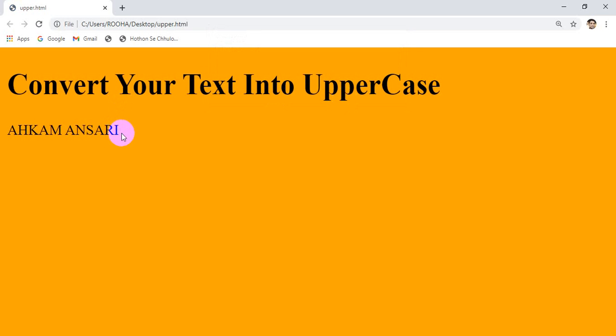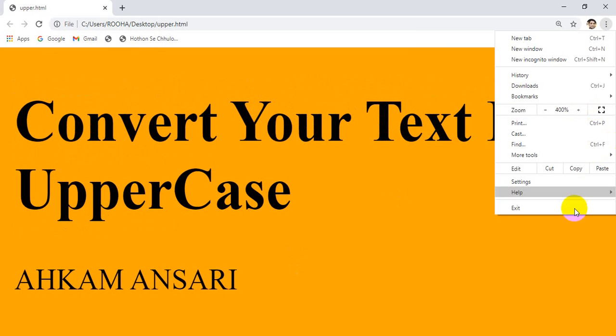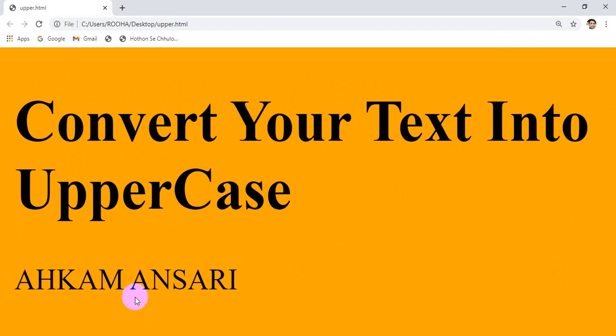So the value of up is AKAM ANSARI. See, I have entered in small letters, but your output is in capital letters, that is, in uppercase.